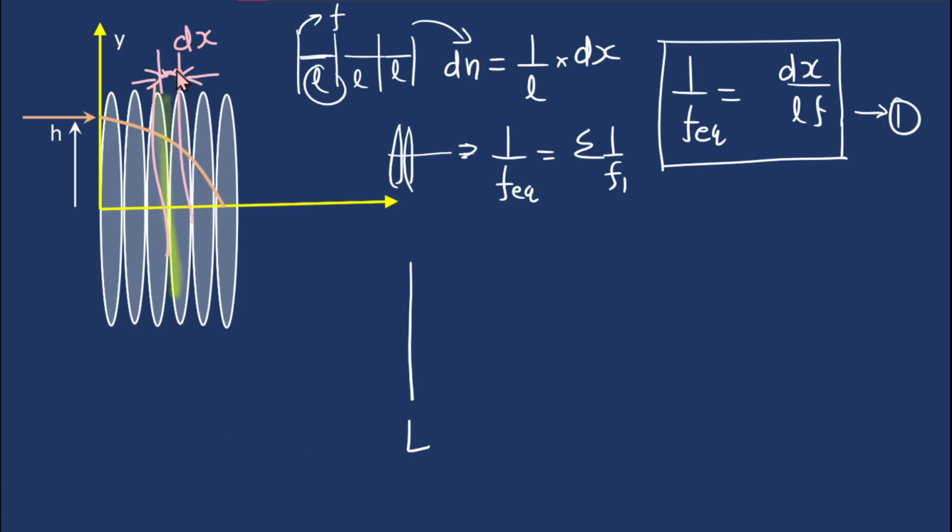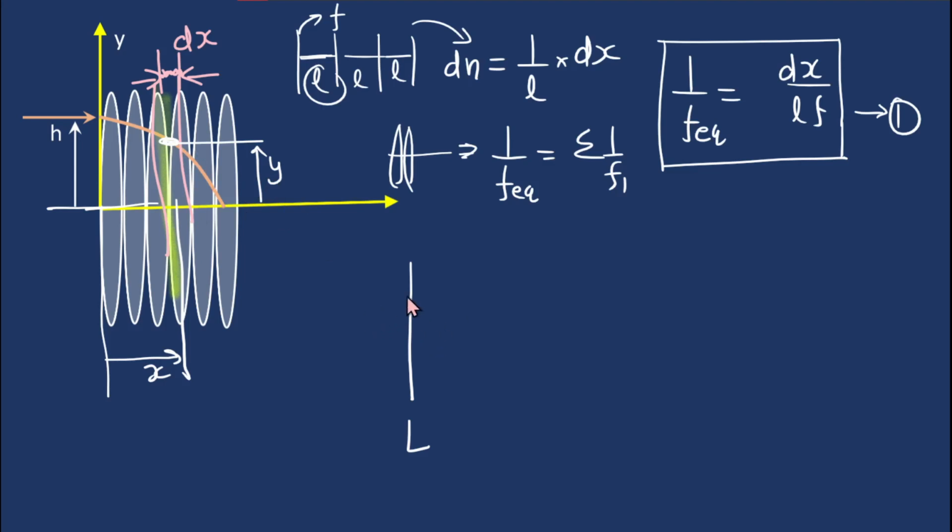So the length within this dx part is represented as this line, and this part of thickness dx is at a distance x from the origin, and at this point the light ray is at a height y, right? So these are just a coordinate system, basics of coordinate system. So at this point the light ray is at a height of y from the principal axis, right?